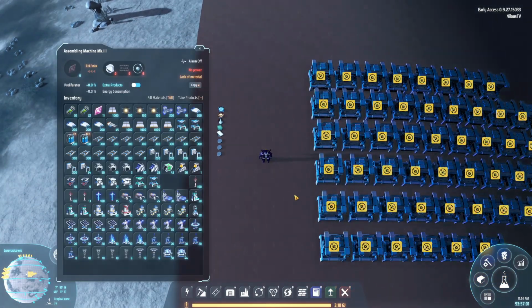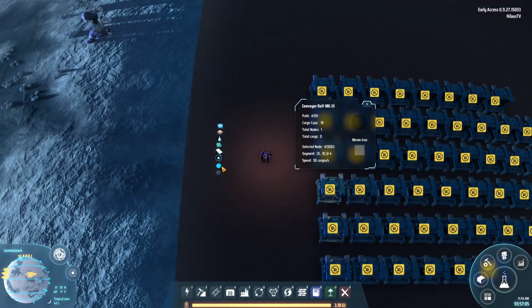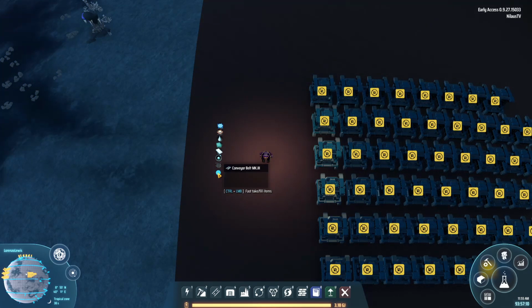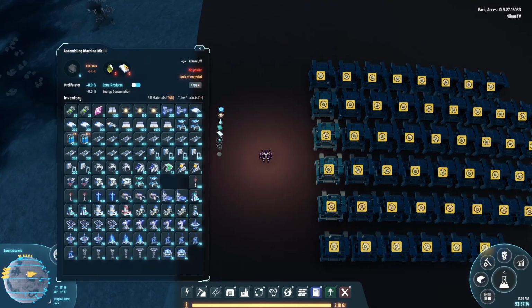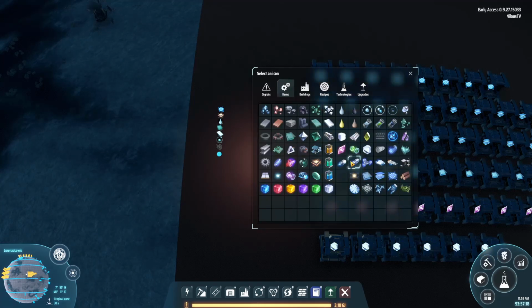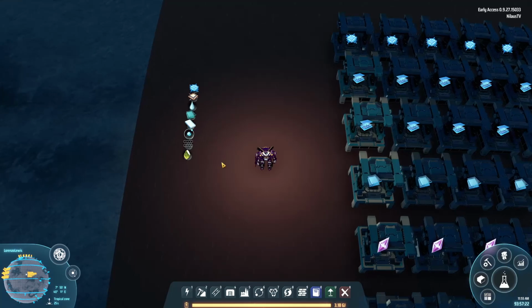Then for the Casimir crystals, we need some hydrogen, a lot of it, and we need some graphene. And then we need some titanium crystals. Titanium crystals require titanium, we already have that. And then some optical grading crystal. No, organic crystals. There we go. And that just happens to be